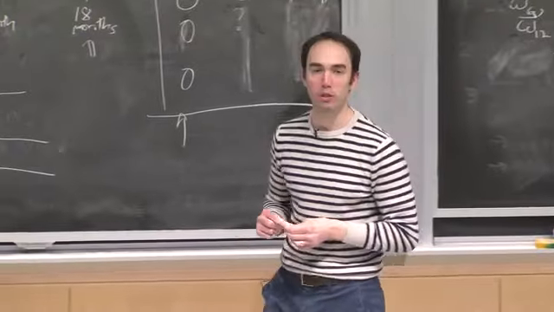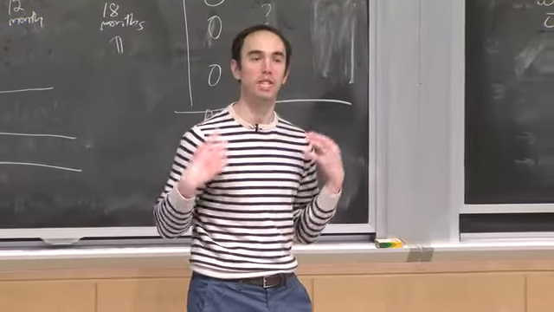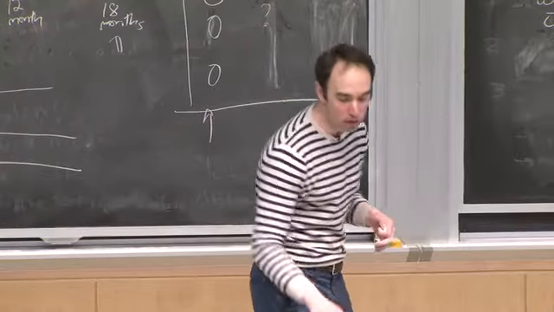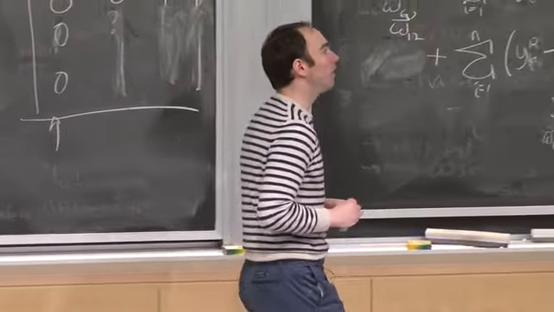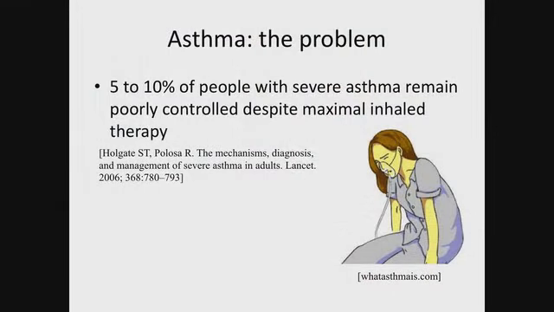And what I'm going to show you for the next 10 minutes of lecture is how one could use this very simple clustering algorithm to better understand asthma. So asthma is something that really affects a large number of individuals. It's characterized by having difficulties breathing. It's often managed by inhalers, although as asthma gets more and more severe, you need more and more complex management schemes. And it's been found that 5 to 10% of people who have severe asthma remain poorly controlled despite using the largest tolerable